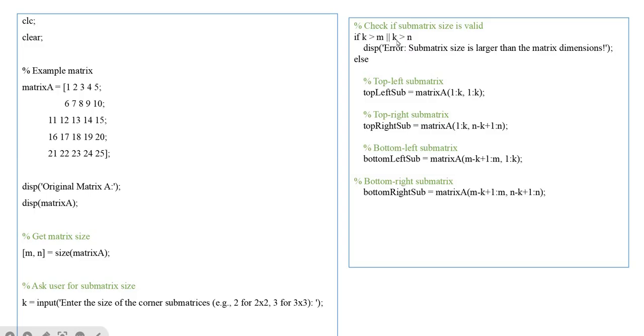If K is greater than m and K is greater than n, that is, the number of rows and columns in the submatrix will be the same. So you can write it as, if K is greater than the number of rows and greater than the number of columns in the main matrix, then it has to display an error message: submatrix size is larger than the matrix dimensions. If this is not the case, if it is less, then it will go on to calculate the